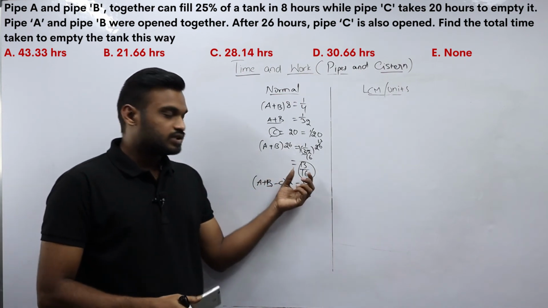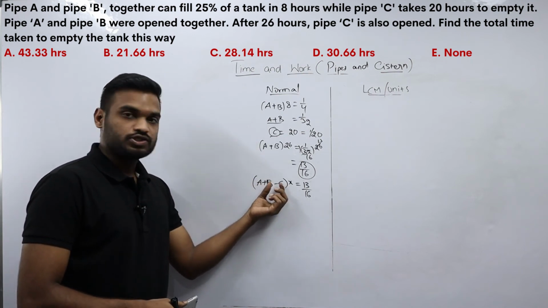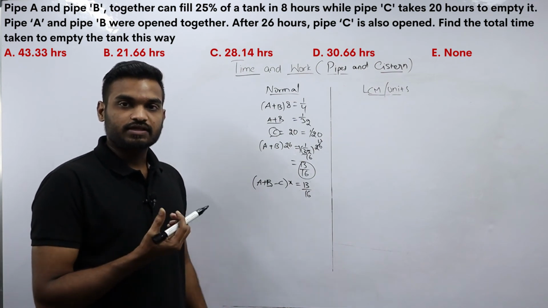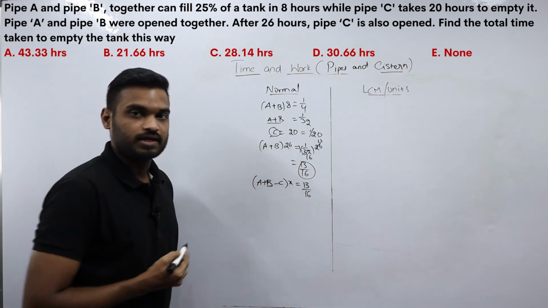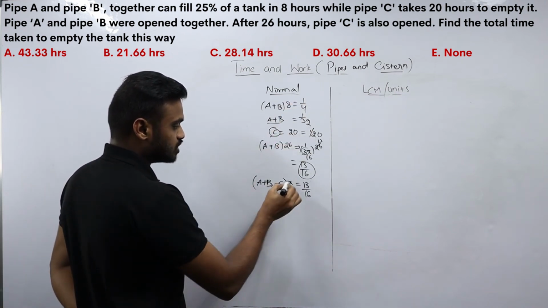Okay, now only 13/16 part of the tank is filled, right? Now after 26 hours C is also opened, so we need to empty all the tank that is filled. What is the part of tank that is filled? Only 13/16 part of the tank, right? Now if I substitute all these values, I will come to know the total time taken